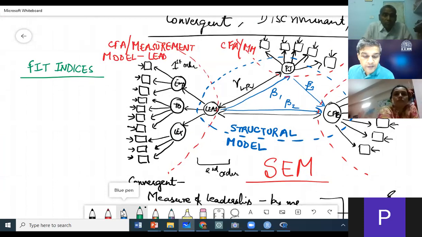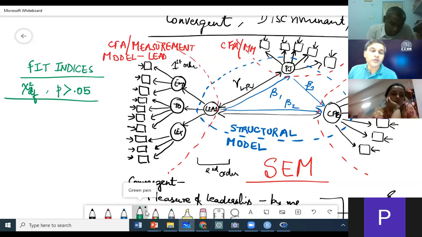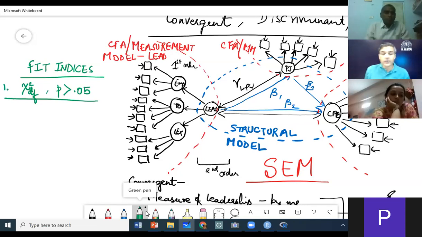The first one is the same thing that we discussed for EFA, which is chi-square by degrees of freedom. Ideally we should have a p-value greater than 0.05. Only then will we say that our model-based covariance matrix matches the sample-based covariance matrix.